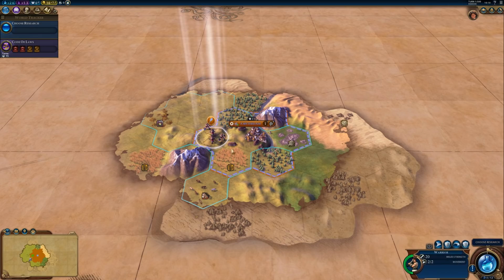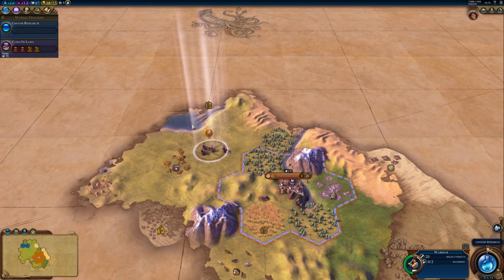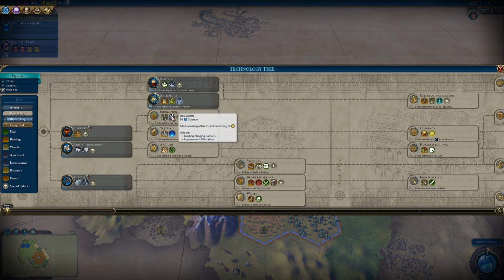Alright, let's make a scout, see where we're at, and let's check this out. I think I see another river there. Oh, that's even better. There's coast. And we found a little hut. Okay. Well, for our first piece of research,